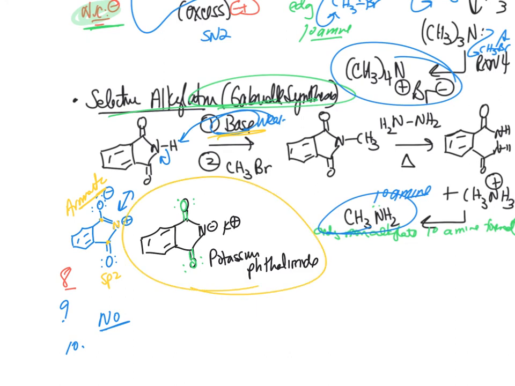You can even buy this as a potassium phthalimide salt, and then you can go straight into your reaction if you would like, where you take the lone pair here and you do your SN2 reaction. And then the next step you'd have to do, so this would be step 1, and then step 2 would be the hydrazine. You could write N2H4, which is the same thing as hydrazine, and then that would give you your primary amine